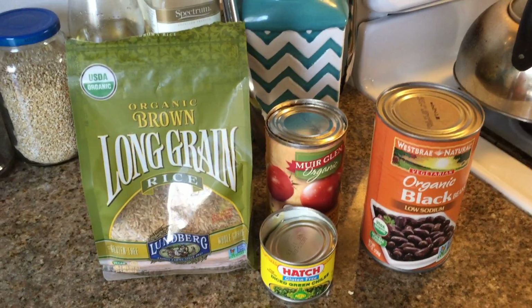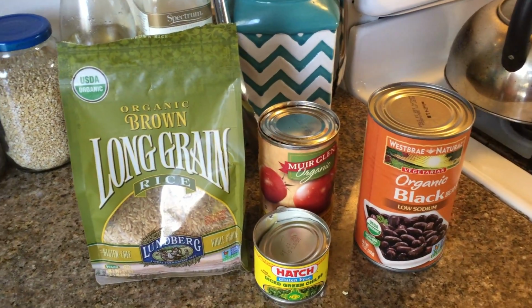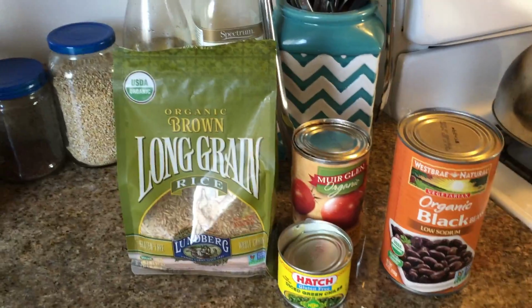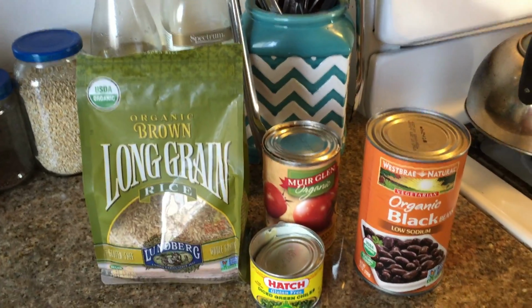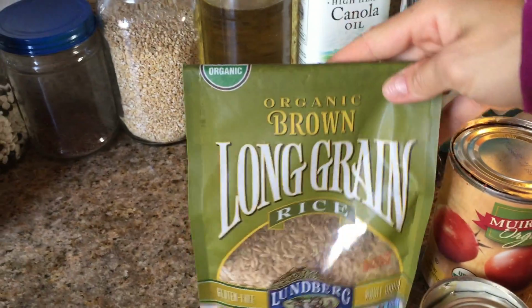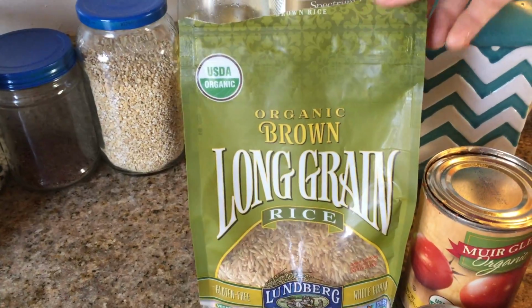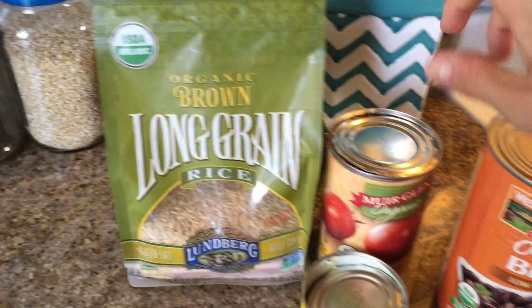Alright guys, so it is evening now, and I decided that I am hungry enough to go ahead and start up my dinner. So I'm going to be making a taco bowl tonight, and I've already started my Spanish style rice behind me. I'm making it from scratch, and how I'm doing that is I'm adding in 1 part of organic brown long grain rice into my rice cooker, along with 2 parts of water,